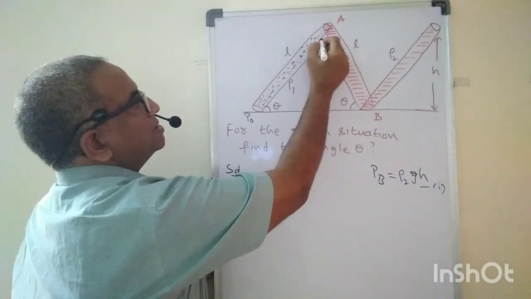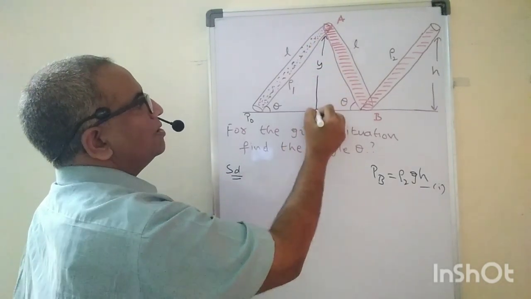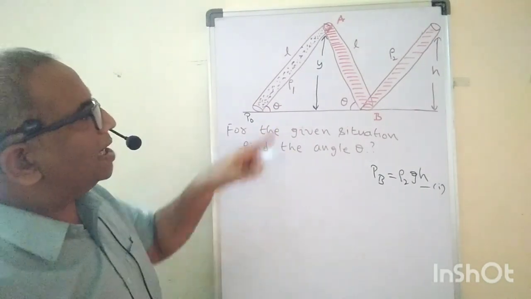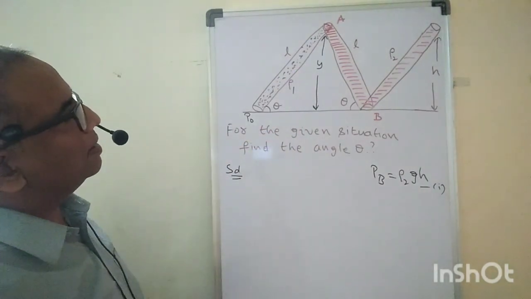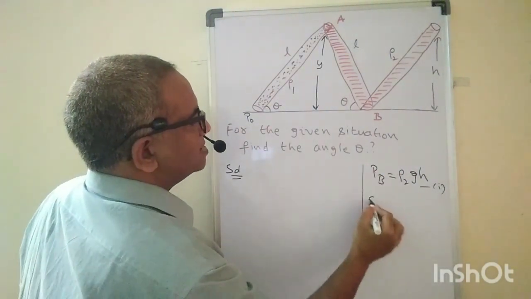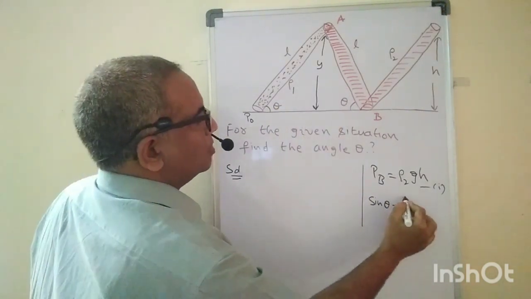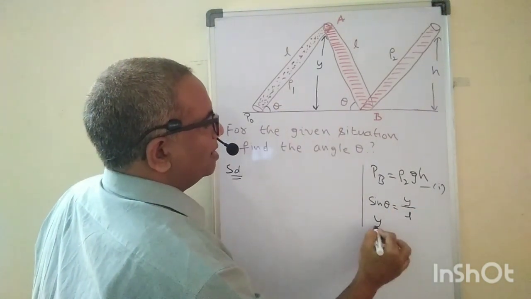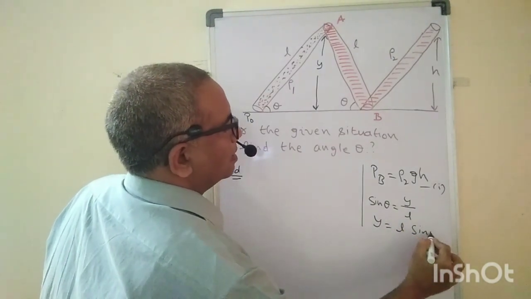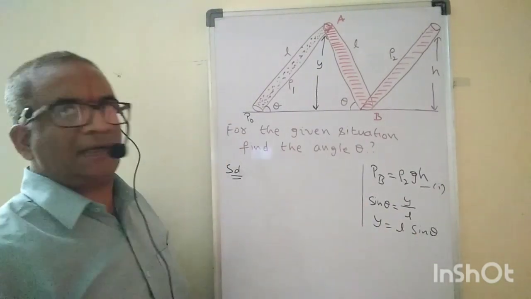Okay, we'll do one thing here. Let us call this height Y. Or you can say some height, capital H, or anything. So let us keep it as Y. Then from this diagram, observe carefully. What is sine theta here? It is nothing but Y by L. Therefore, what is Y here? It's nothing but L sine theta. Are you following what I am saying? So this is nothing but L sine theta here.